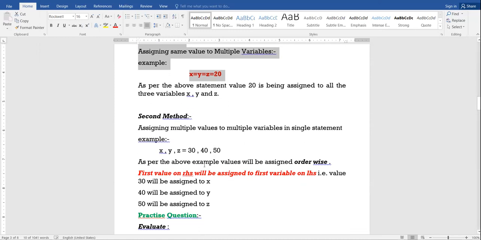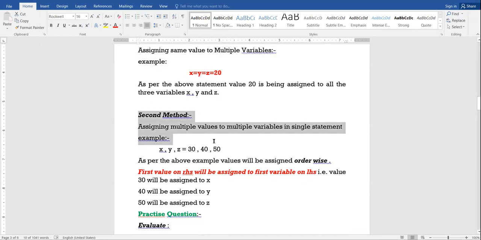Now the second method, which you people are already doing these days: multiple values to be assigned to multiple variables.